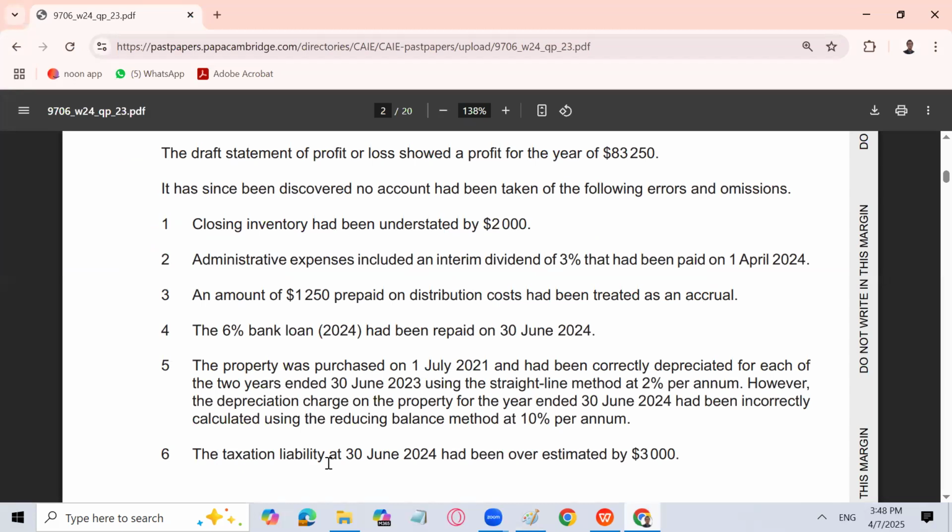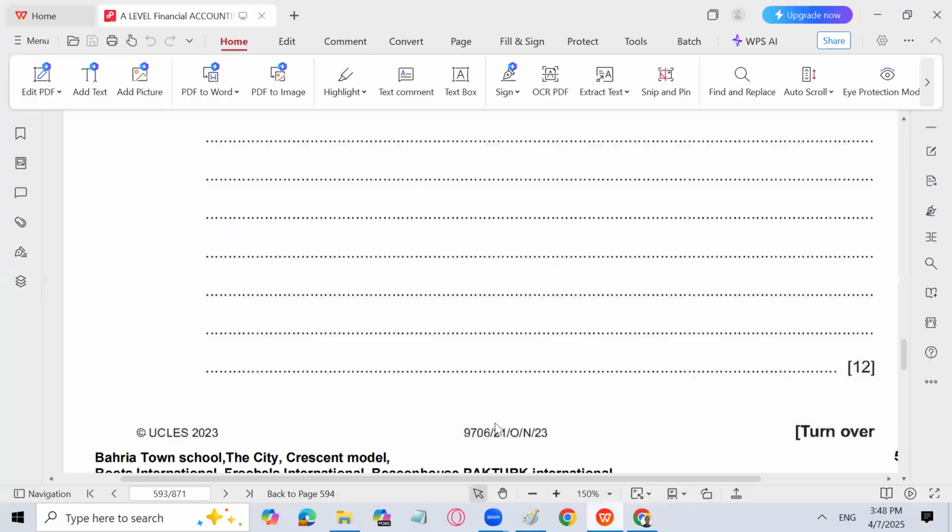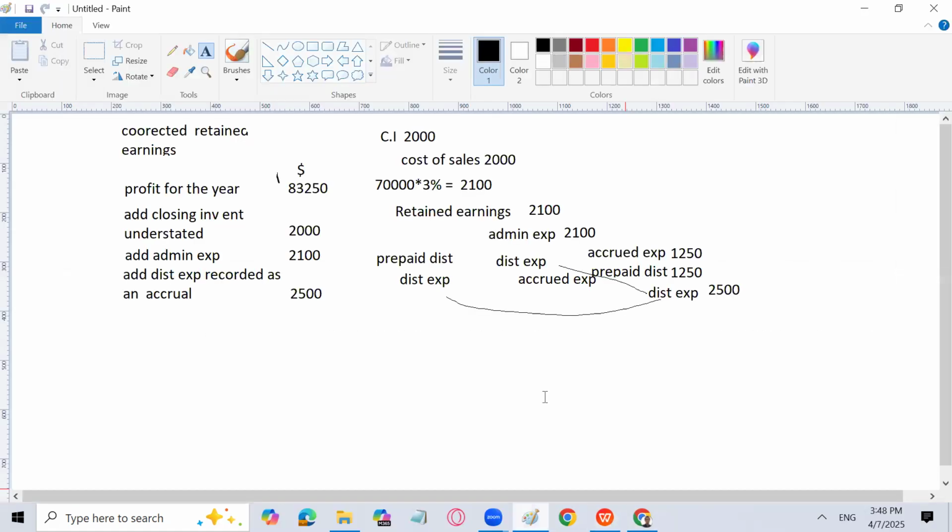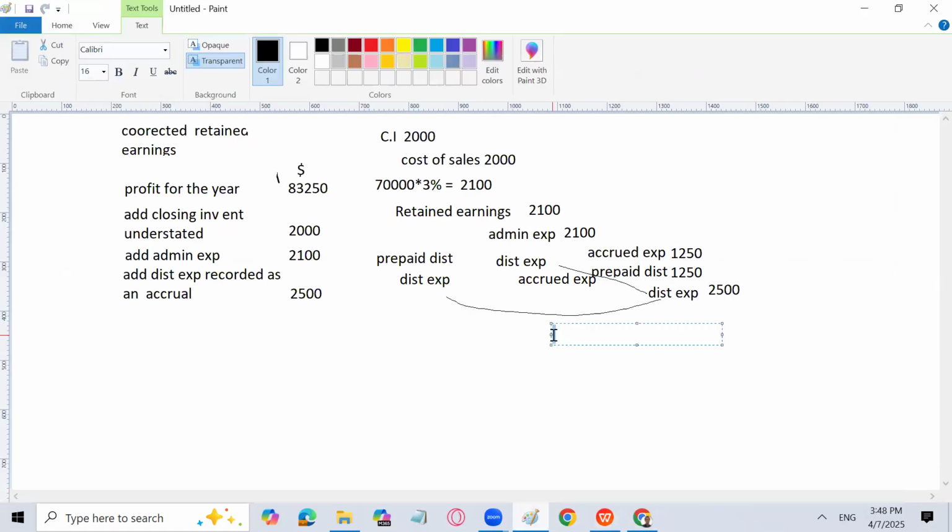Taxation liability, fifth point मैंने छोड़ दिया, had been overestimated by 3000. So it's quite easy. But you will pass the entry that provision for taxation is going to be debited, or profit and loss is going to be credited by 3000. How, sir? Okay, you can pass the entry. When you have created the tax provision, the entry will be profit and loss account debit as an expense, and